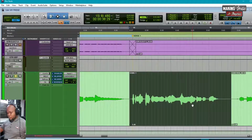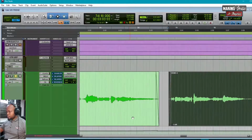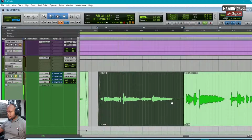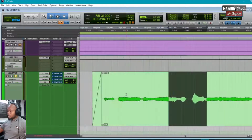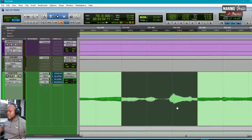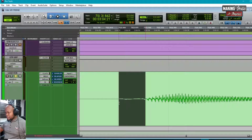Okay, all right, now if we go to another section here, we'll take a listen from this point. 'Cause favor is upon you, you and I. 'Cause favor is upon you. Now there's another one. Upon you. Upon, that upon. Now, even after taking out the low frequency energy, you can see that that P sound, that very transient. I'm going to zoom in here and you can see that this is the P itself, just that transient, the beginning of that word, upon,